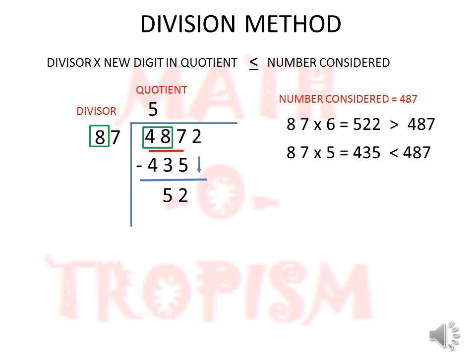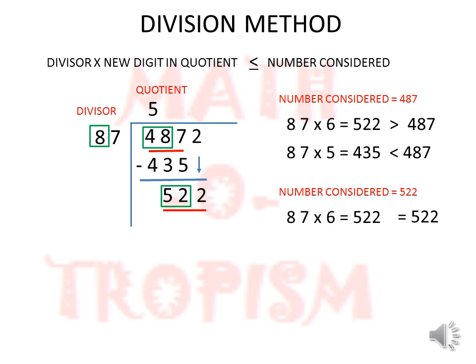Now, continuing, we bring the next digit down, which is 2. So, the new number considered now is 522. Again, we need to find a multiple of 87 such that that number is lesser than or equal to 522. That is the number considered. So, again I see 52 as the first two digits, and 8. I find that 8 6s are 48, which is lesser than 52. So, in the previous step, we had already found 87 into 6 is 522. So, that is exactly what is needed.